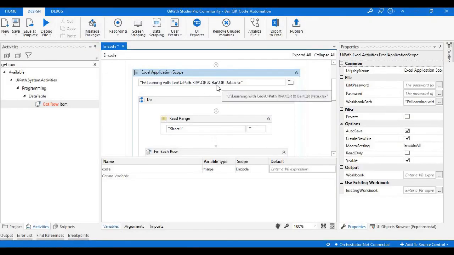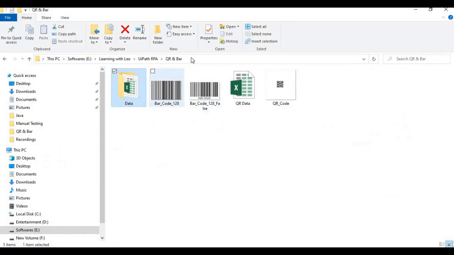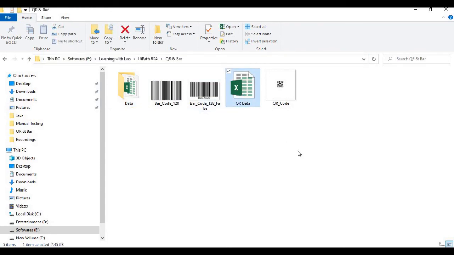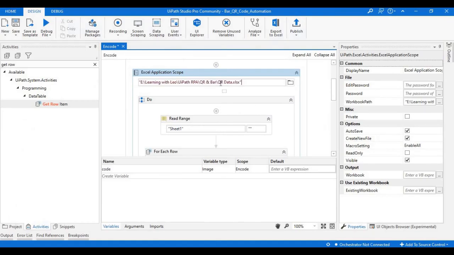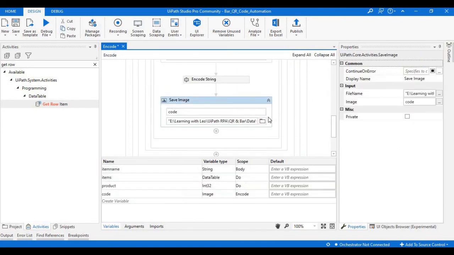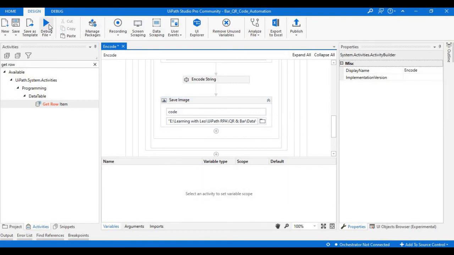Here in the Excel application scope, it is showing the QR and bar folder location, so it has created a new QR code Excel file. I just need to provide the original file path, so I'm changing it to data. Here in the output we have also provided the data, so this one is correct. Okay, so let's run this now.